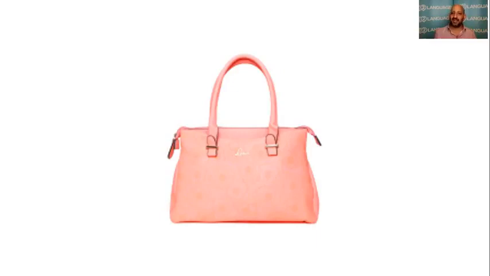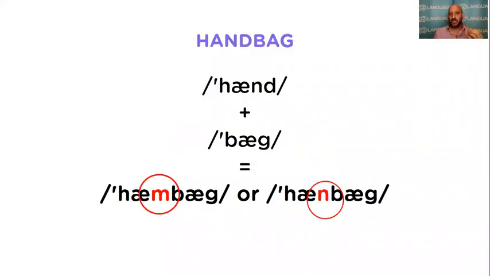But you wouldn't say that with the d, because that is an example of assimilation. Think about what happens to the d before the b. The d in hand and the b in bag. It is the b that has the power over the d. The d disappears and the b dominates. The b survives. So legitimately, in this assimilation, the handbag becomes "hambag" or "hanbag." Now, which one dominates precisely is something that we'll talk about a little bit also at the end. But notice both of these are legitimate.